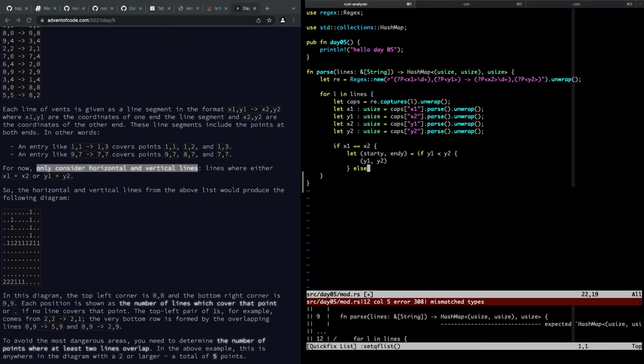Else, and I'll just put this on one line, y2, y1. That way start y is always less than end y, and we're going to do the same thing for the x's in the next block. And then I say for y in start y to end y, and we're going to say,